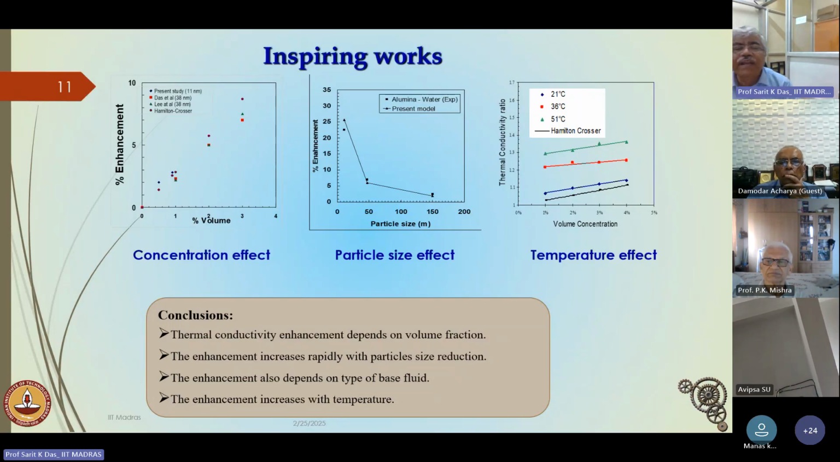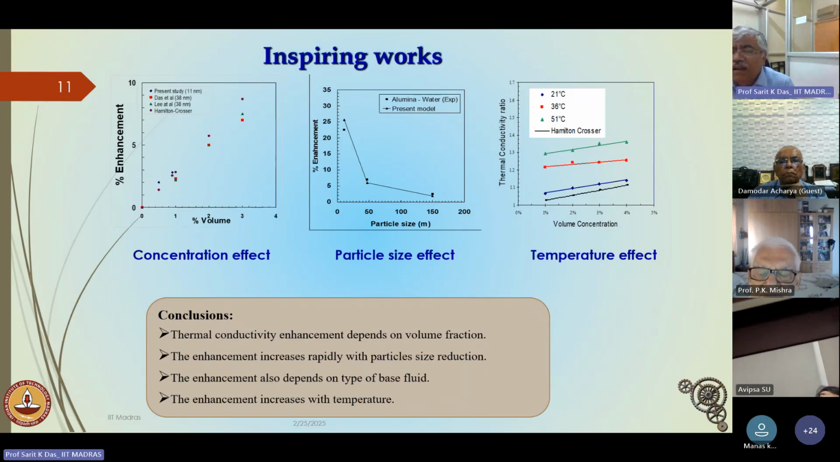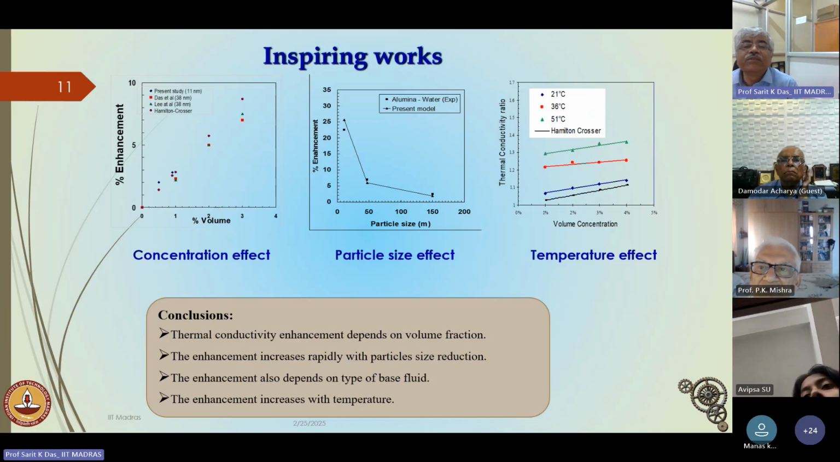I went a different way. I said Brownian motion depends on temperature. If I increase the suspension temperature from 20 degrees to 50 degrees, here you can see in the third picture, from 21 degrees, which is the room temperature, because this was done for the first time by me in Germany, where the room temperature was 21 degrees, and we heated up to 51 degrees. You can see the enhancement became 3 times. What was 5%